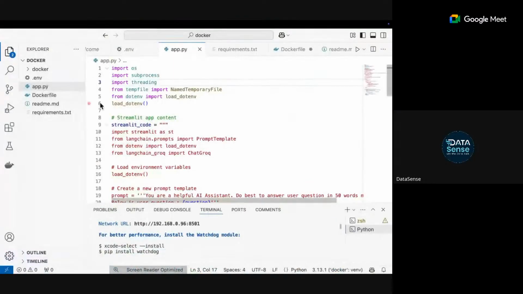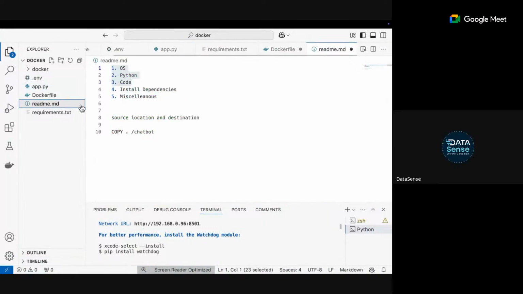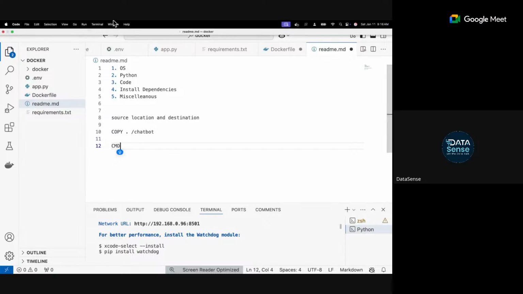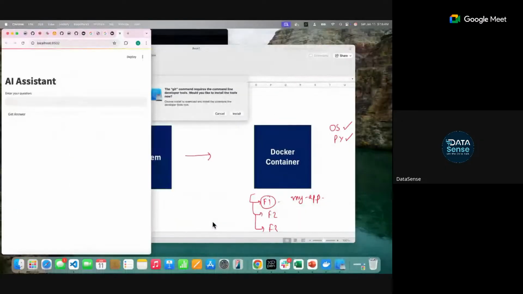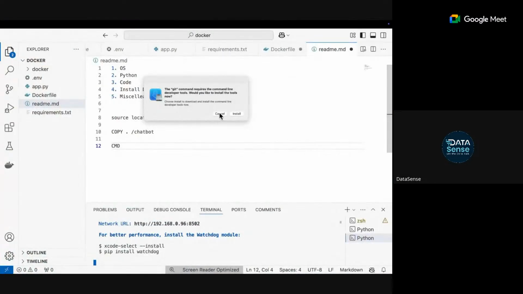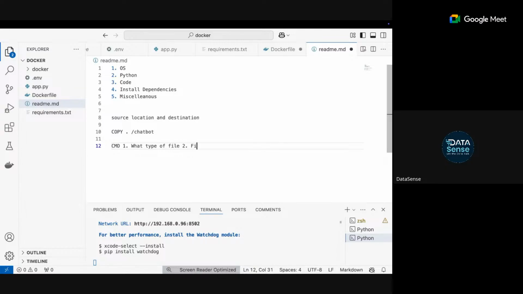Running the code. Run the app.py file. For this we use a command prompt, a thing called the cmd command. Remember we can run things from here as well. We can write Python app.py. Have you ever tried this? This also works in your command prompt. So the same thing we are going to do. We need to tell two things. First, what type of file are we going to run? And second, what is the file name?